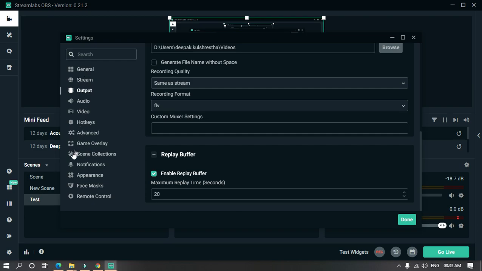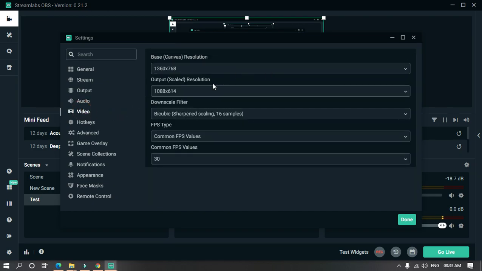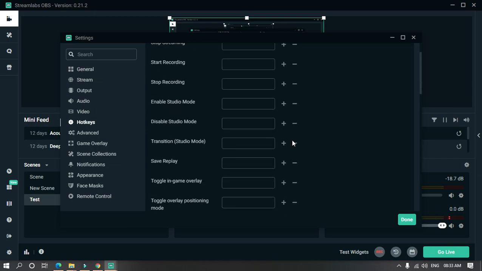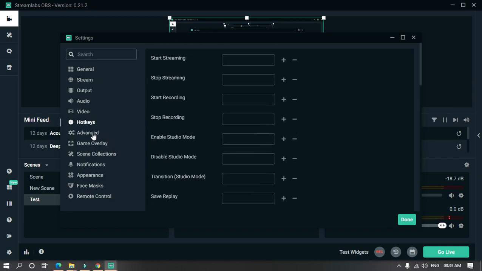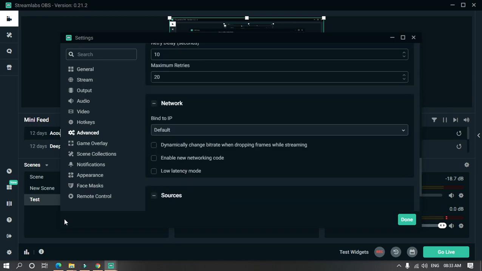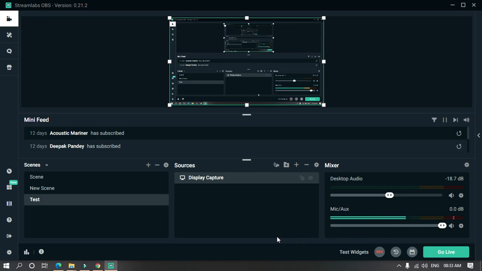And this is the buffer and all settings. There are many settings, you can go through them one by one on your own. This is the audio, this is the video quality, these are the hotkeys. You can add some hotkeys on your own to operate the application by the keyboard. This is the process of the audio and video. I'm not going deep into this, you can do it later, because today's video is about going live over the internet directly.